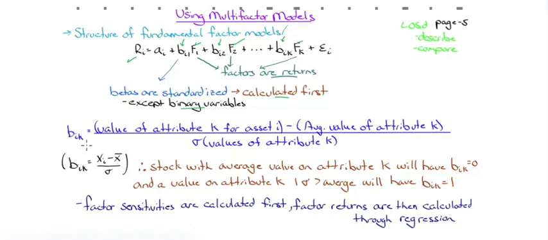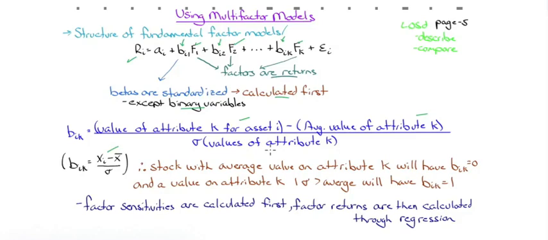So how do we standardize? Well, level 1 quant, right? How do we standardize any variable? It is the observed value minus the mean over the standard deviation. Same thing here. The value of attribute k for asset i, because there are k factors, so whatever factor it is, the value of attribute k minus the average value of attribute k over the standard deviation of the values